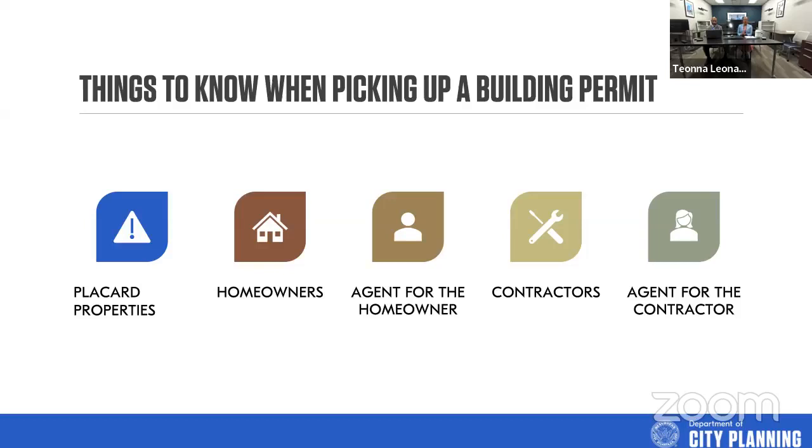When you are pulling the permit, and again, this goes back to our pre-COVID days, most times, if a homeowner is pulling a permit and they couldn't get here, they could send in an agent to act on their behalf. There is a document that we have called a contractor's agent affidavit, but that affidavit applies to both contractors and homeowners. It would need to be completed by the homeowner or contractor, giving the agent authorization to act on their behalf.